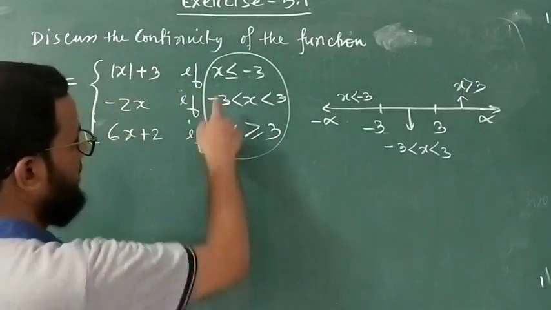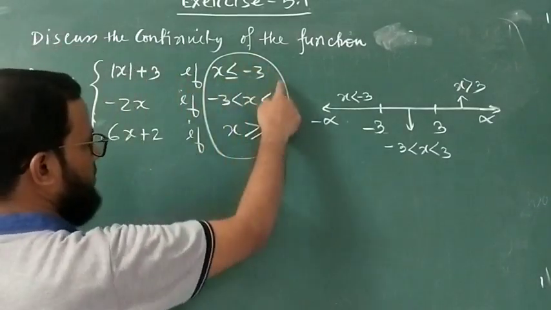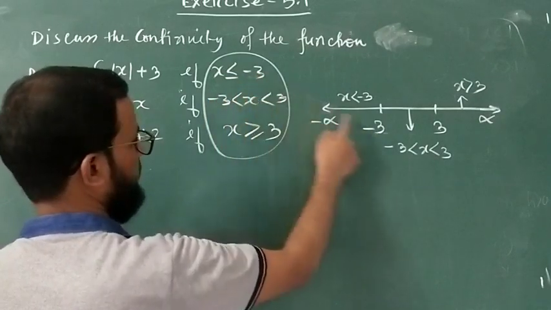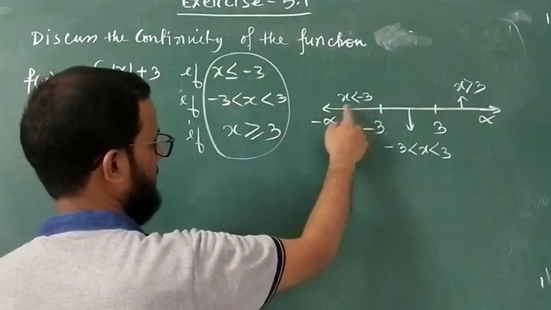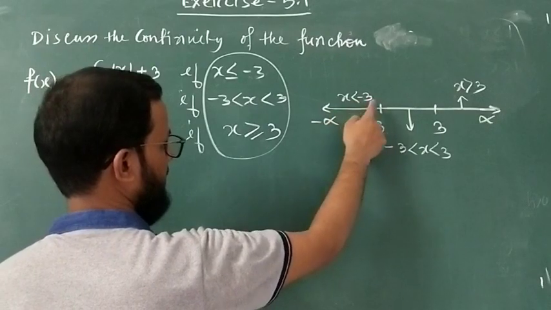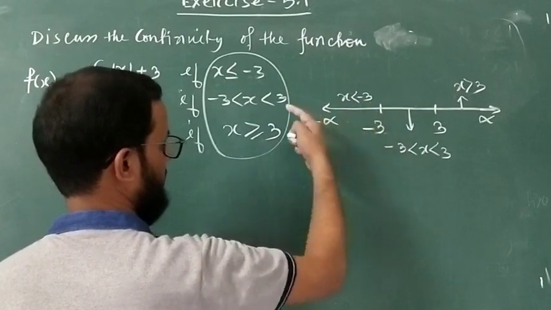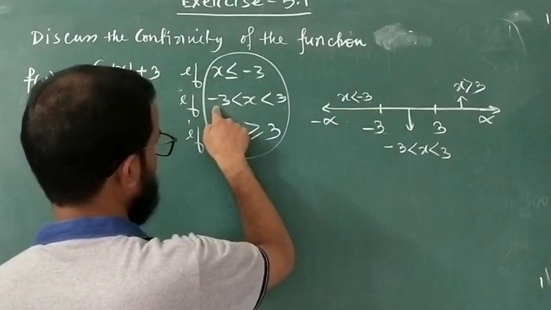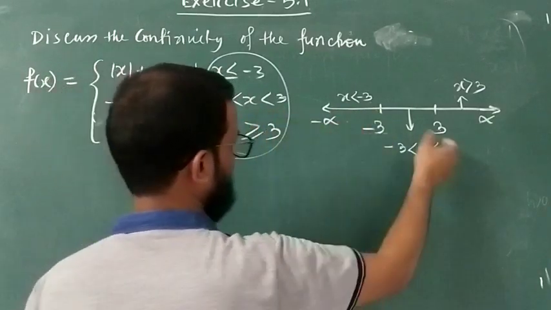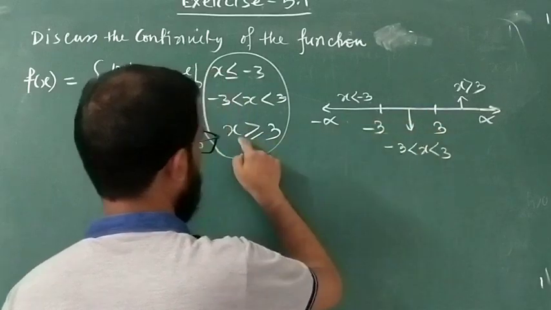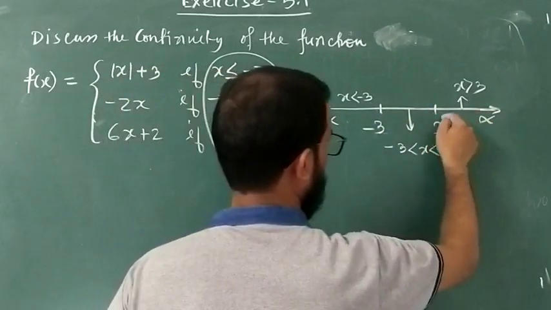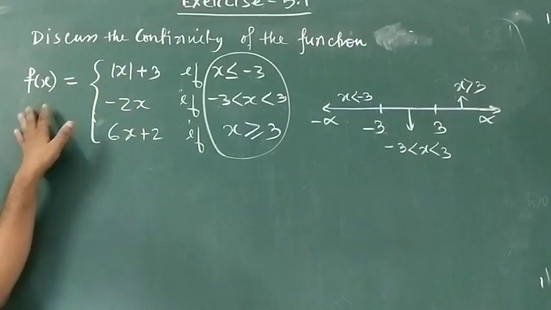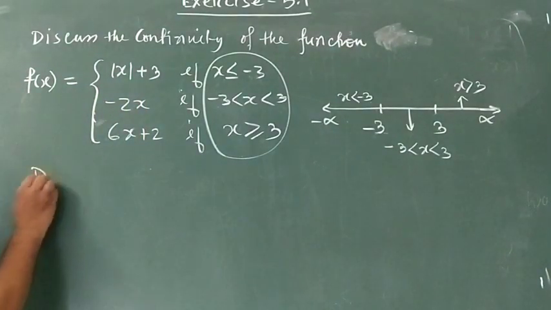So if you see this condition, you see x less than -3 and x equal to -3. From here to here is x less than -3, including the point, so this part is completed. Now another condition is -3 less than x less than 3, so this part, okay, and finally x greater than 3 and equality. So finally, the domain of the function is